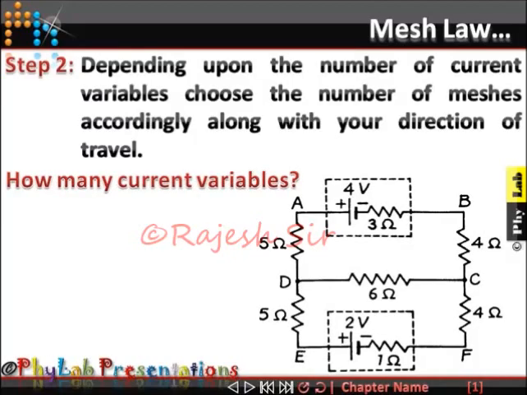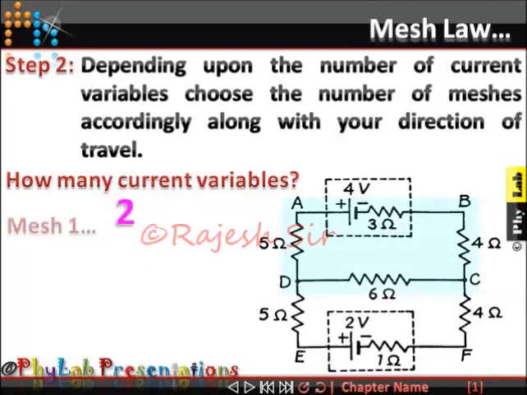Now, depending upon the number of current variables, one should choose the number of meshes. Now, what is a mesh? I've already discussed it in an earlier video, so you can look into those videos to get the exact definition of a mesh or a loop. So if you notice, I have got two variables, one was I1, another one was I2. So I'm going to choose two meshes,